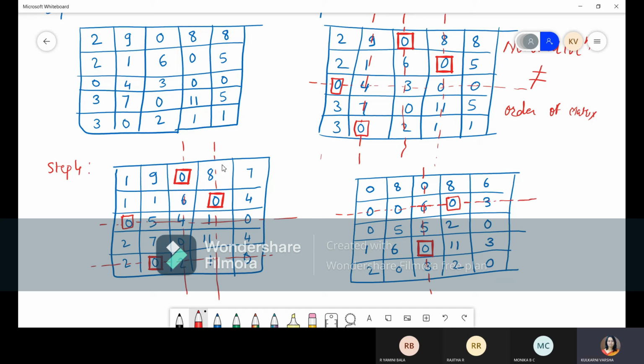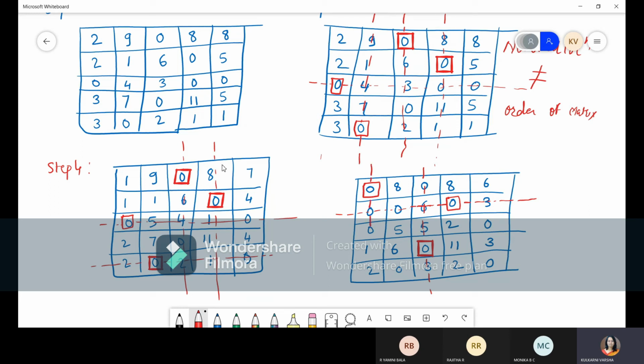Right? Then going for the next column. In the next column, there are 2 zeros, so leave it. Now we did row wise scanning and column wise scanning, but we have to keep scanning until there is no possibility of allocation. So now again we'll go for row wise scanning. Now in the first row, there is only a single 0. This 0 was there, but it got cancelled now, so only a single 0 is left. So we'll allocate it.